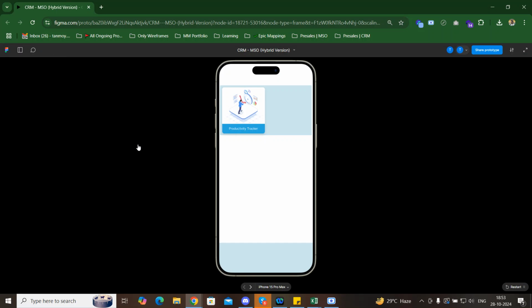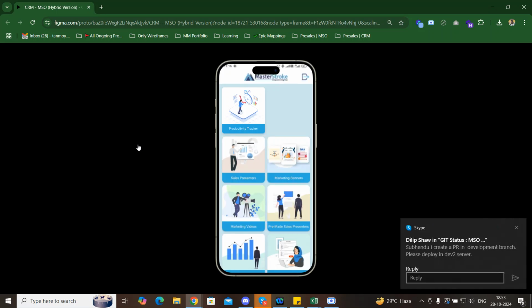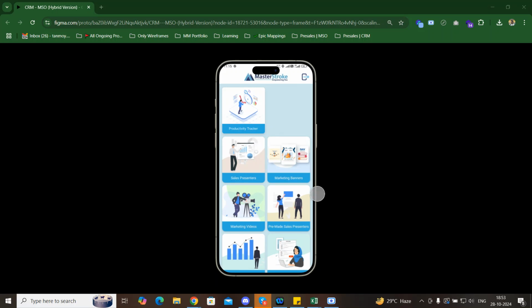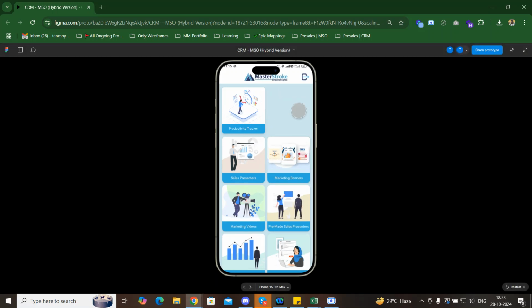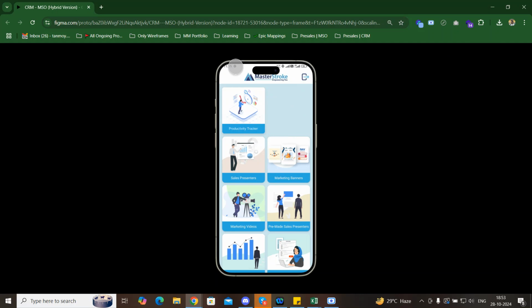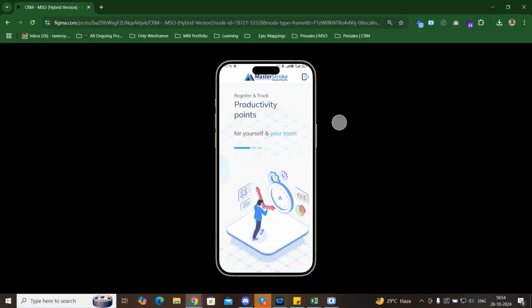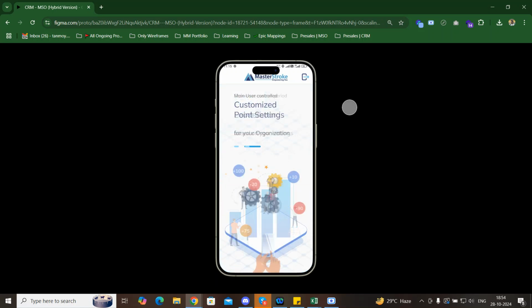We have a mobile app for the masterstroke, which is built in native technology. We have this app right now in the Play Store and App Store. So we are intending to have a card here like productivity tracker. Once I click here, as I'm a main user, I can see